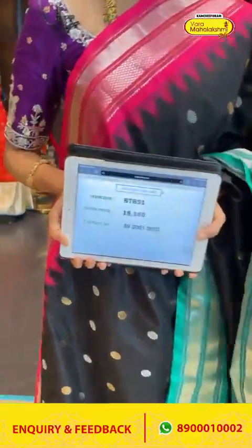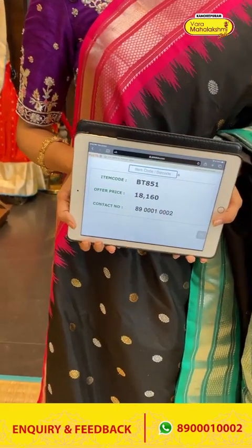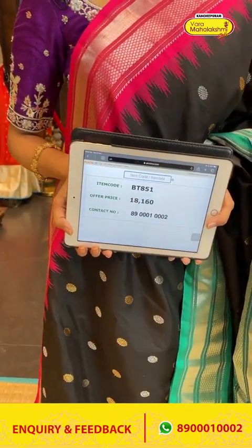I'll give you the pricing and the contact details of this lovely one. So here it is. The code is BT851 and the price is 18,160. To buy this, take a screenshot and ping us on